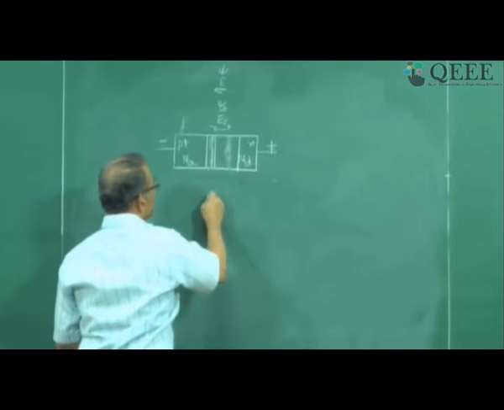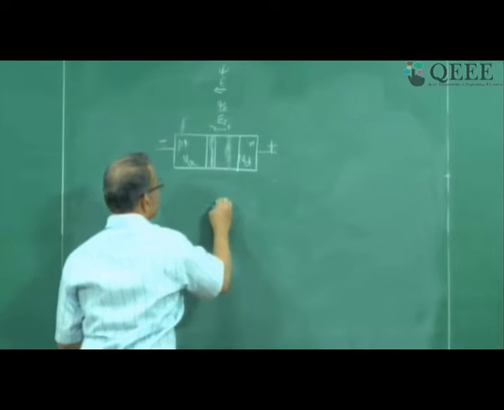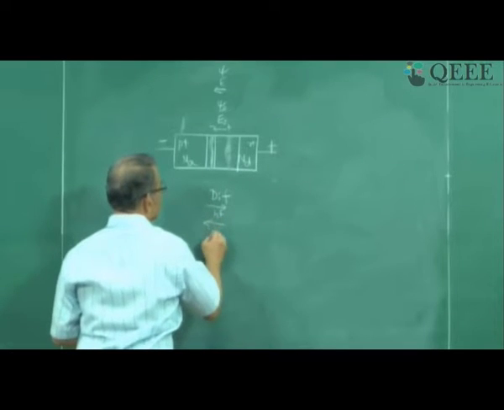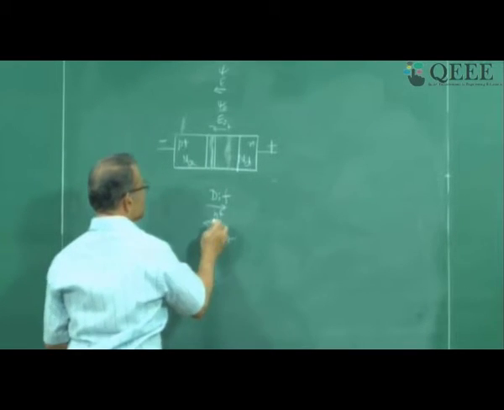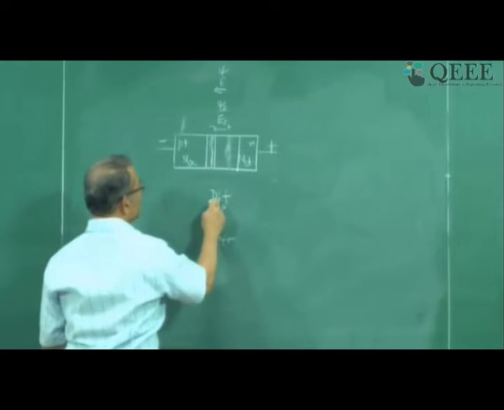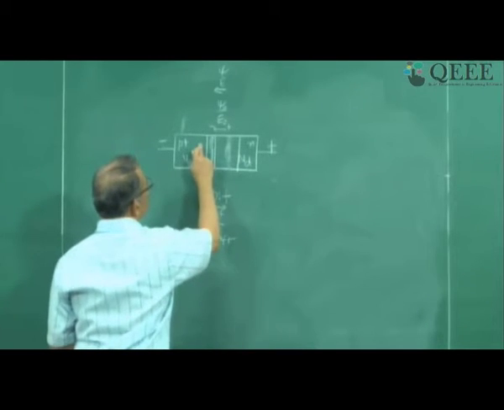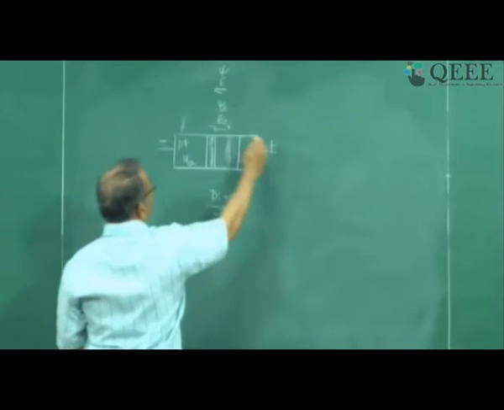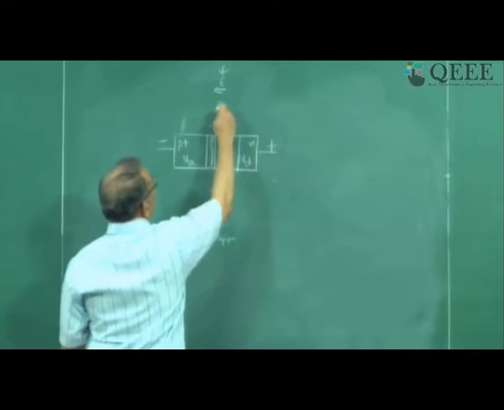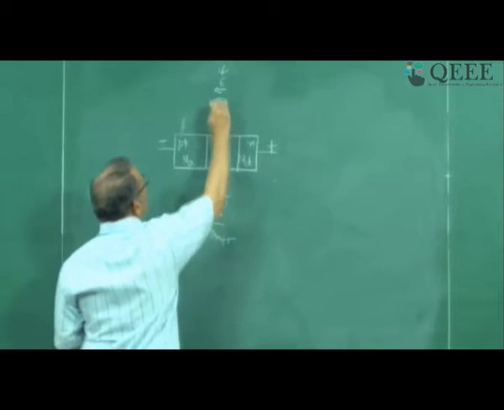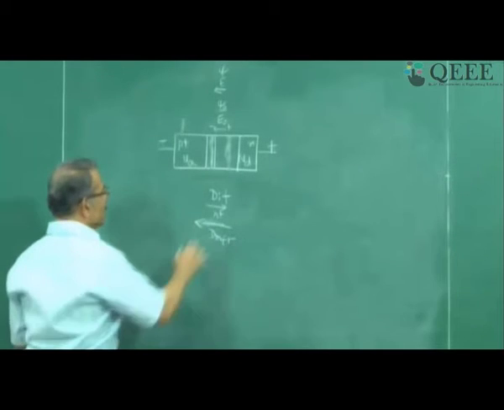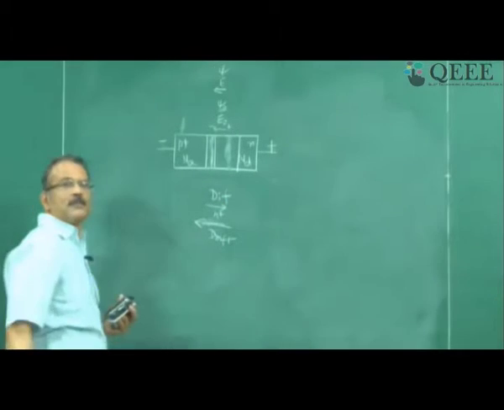And you recall, if I take holes, the diffusion tendency is like this, but drift is like this, because drift is in the direction of electric field, diffusion in the direction of concentration gradient. Holes are more here than here, so diffusion tendency is like this. But in reverse bias, the electric field is being increased. It is the sum of this field and that applied field. Therefore this is more. So drift is more, diffusion is less, right?